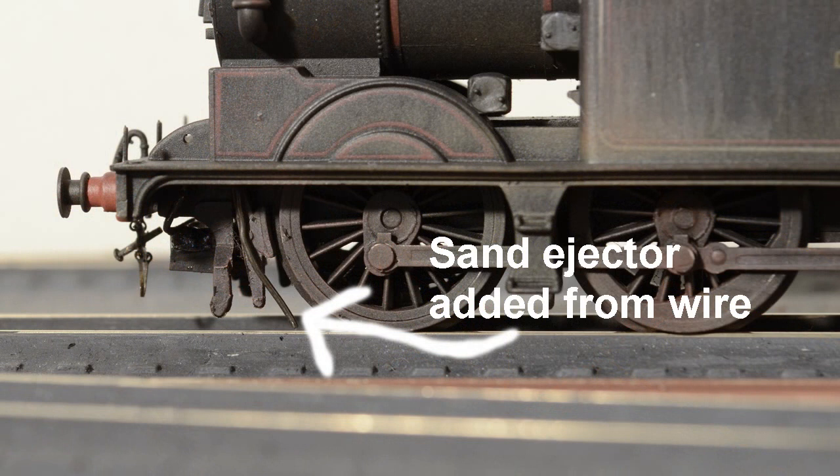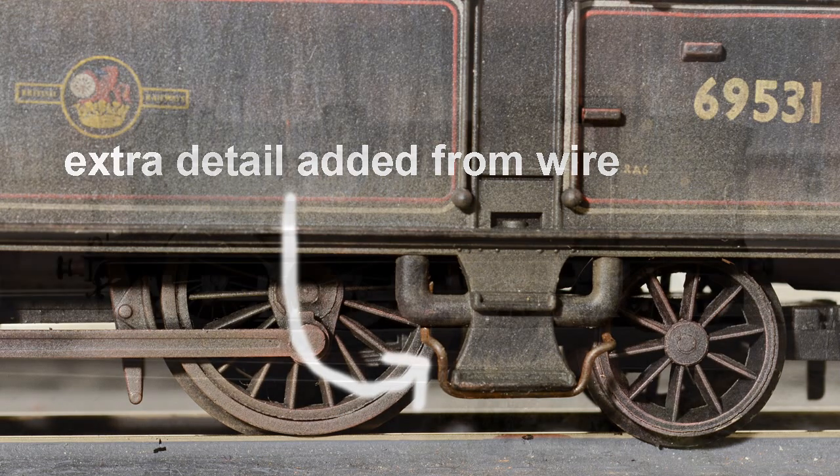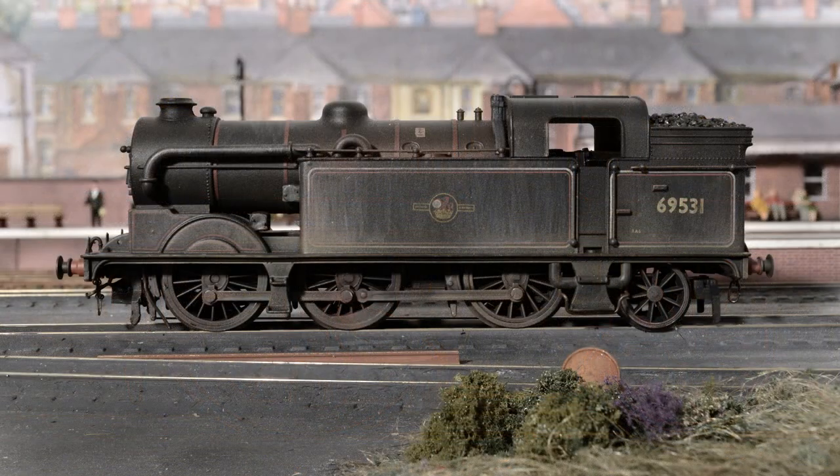That finishes it really. I added some last minute details with wire, just bending up some thin wire and using epoxy resin to glue them in place. I did the sand ejector pipes in front of the front wheels and some of the piping around the steps going up into the cab. So that's it. The overall result is not quite as subtle as I'd hoped, so I still need a bit of practice,